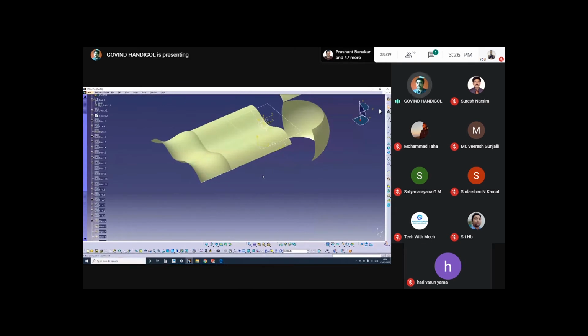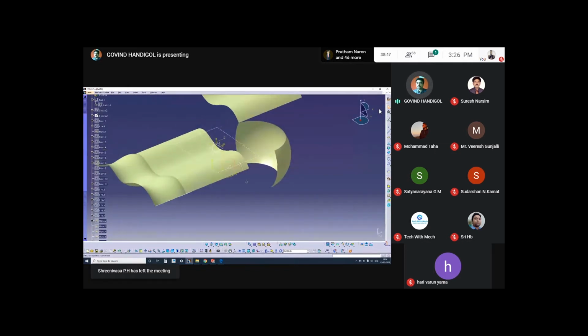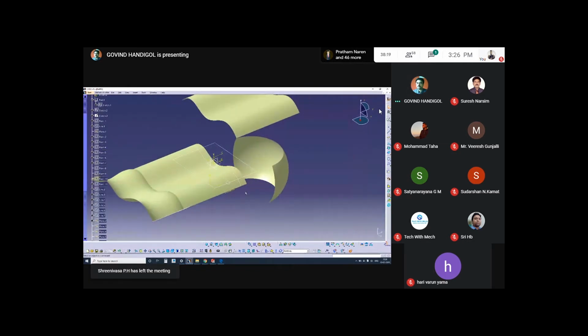Sweep command. The section is stuck. Both are not joined. Those are independent entities. Okay, those are not joined. And like that, you have multi-section. It's a very important command. And before that, I would like to